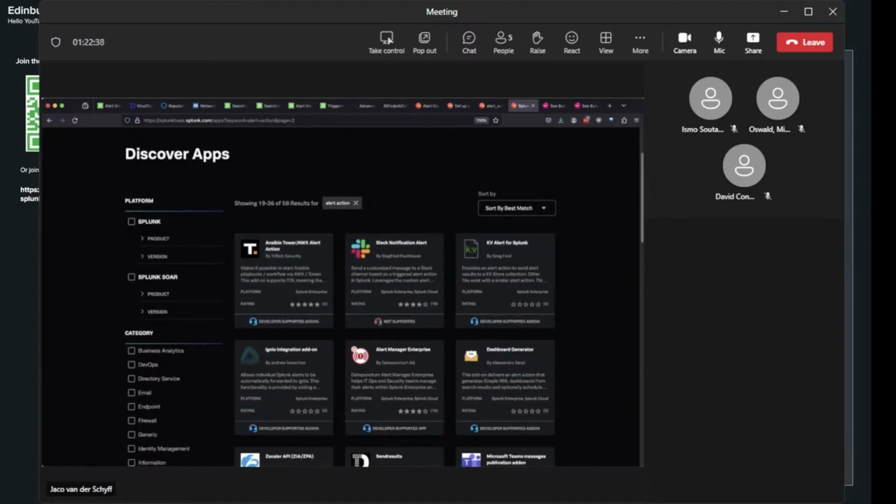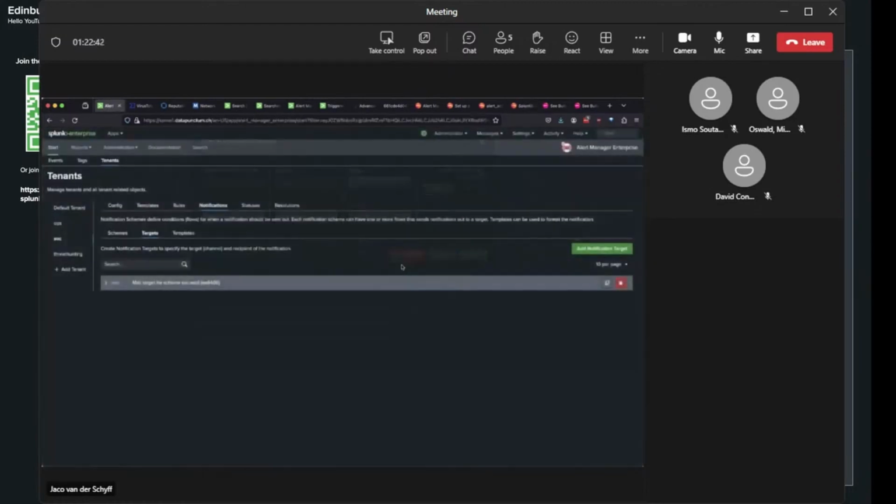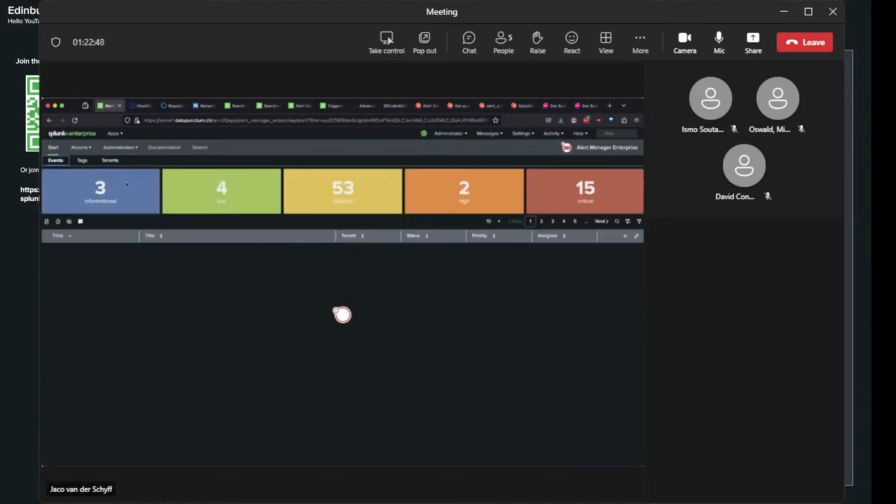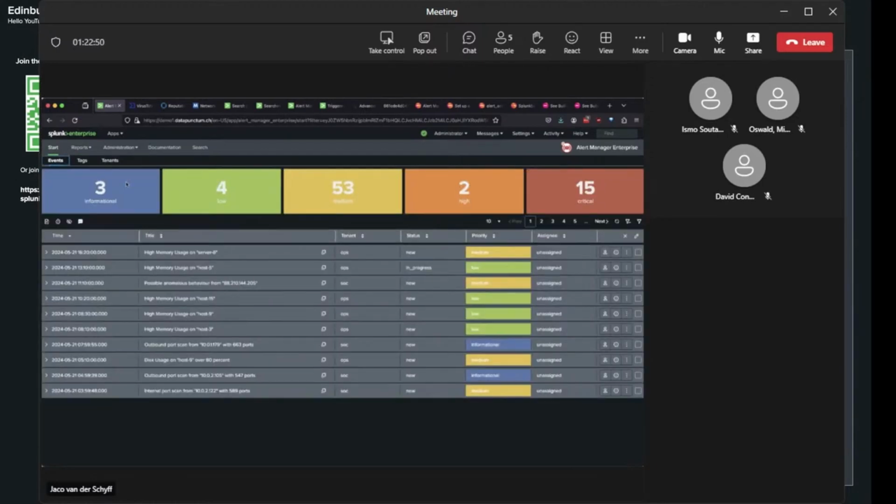Good. In terms of use cases, typically what we see is, of course, in the security world, that's quite popular. We also see customers using this as a good tool to manage Splunk on Splunk. So think about all of the alerts coming from the monitoring console, the monitoring node, all of those notifications, etc. You can easily feed that into Alert Manager and manage these events.